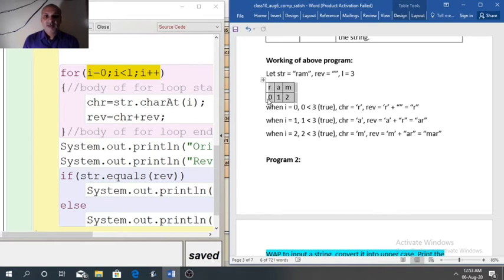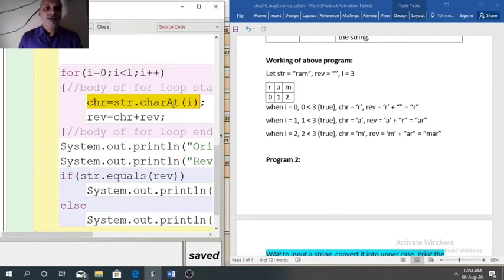First time when i equals 0, 0 less than 3, this time chr equals str.charAt(i). So when i is 0, the character at index 0 in the string str is R. So chr will store R.